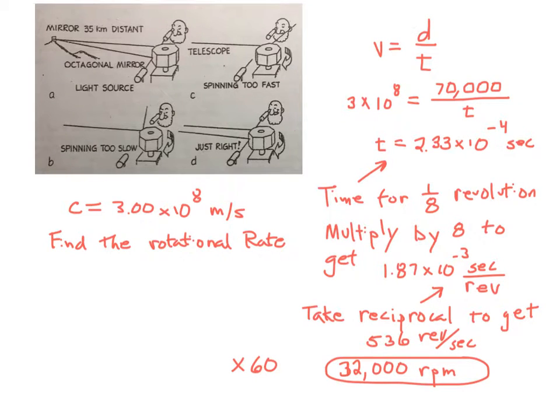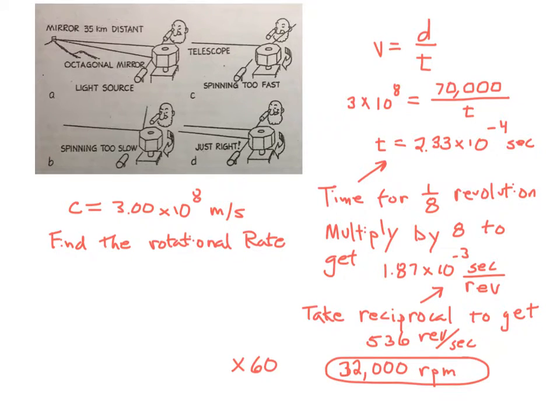Day 100, honors physics, waves, refraction, speed of light, problem number 56. Essentially, this is the reverse version of the Michelson mirror experiment. Basically, he knew the rotating rate of his mirror. He used that to determine the speed of light, of which he got very accurate results, I think within 1%